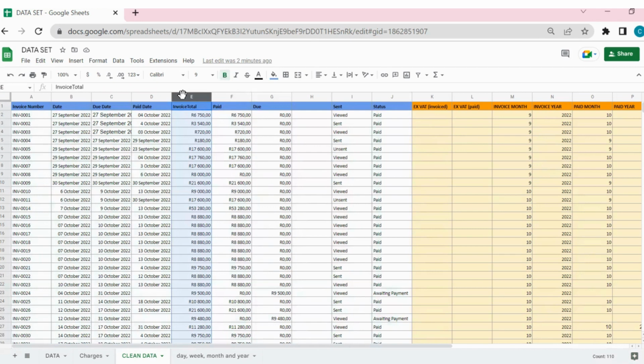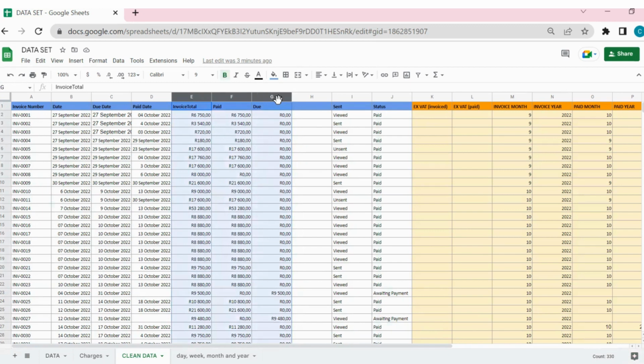column as a text rather than a value, which is why if I highlight a whole lot of these sets of information, it's only giving me a count. It's not giving me a sum option. So the reason why this is happening is because Google Sheets is seeing it as a text and not a